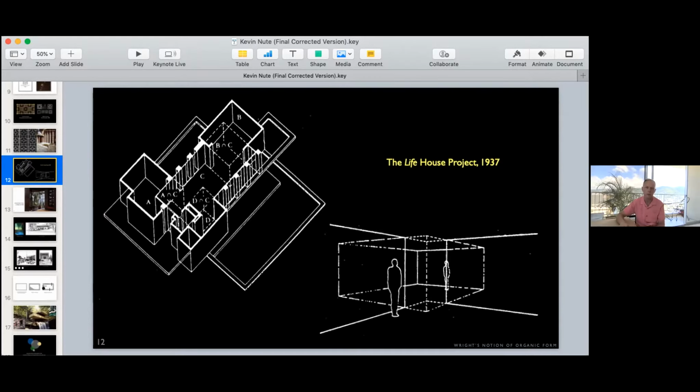So there is a relationship in the sense that it's possible to take out the fusuma in a Japanese space and make it appear to be one. And that Wright does in the Life House and in other houses. So it's an interpretation. It's not the way that the Japanese would see their own. And certainly in the way that the walls come together, there's no overlapping of space in the same way.